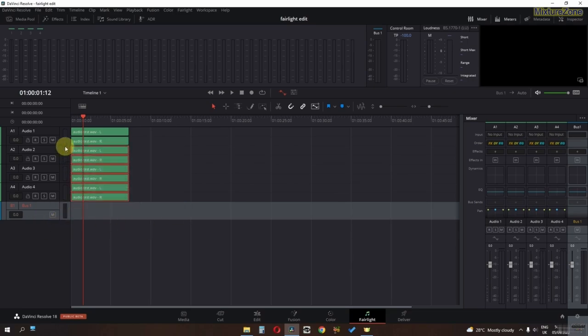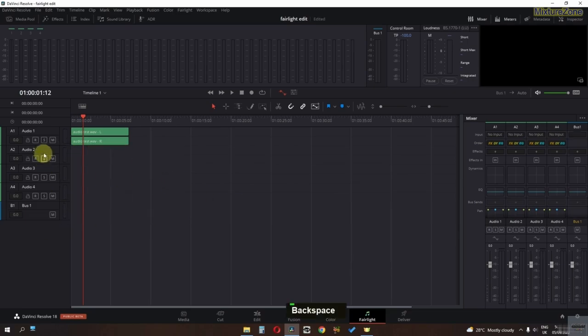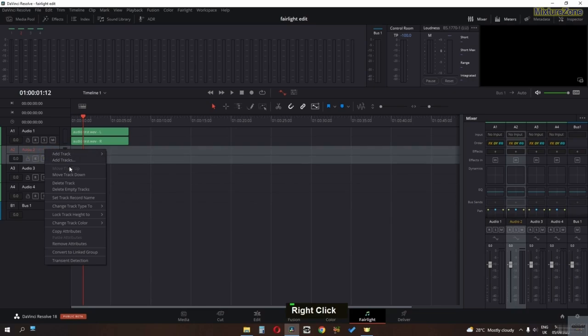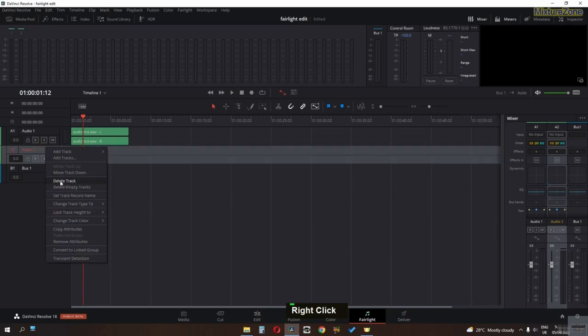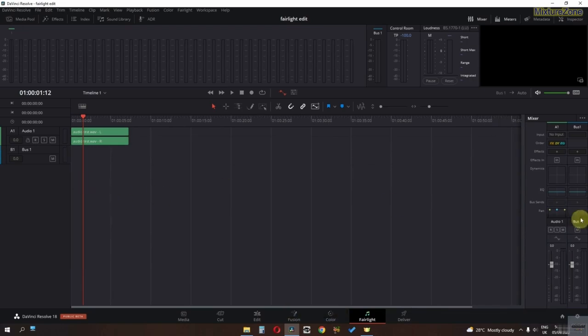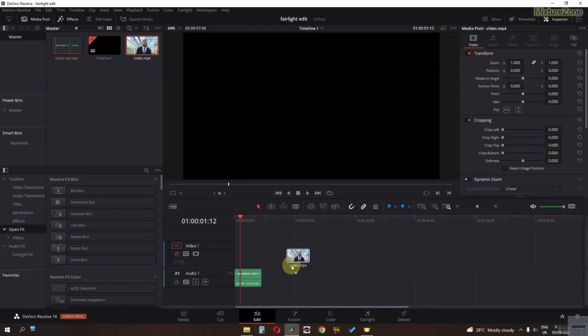So now I'm going to delete these tracks, and you can also right click here, delete the empty track, or delete the track, just delete the track, and now we have only the A1 track. So guys, right here we have the mode to edit or to cut the audio. And now guys, this is the preview screen. So if you have a video, for example, I'm going to drag this video right here,